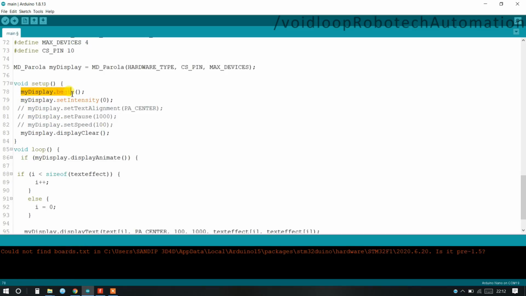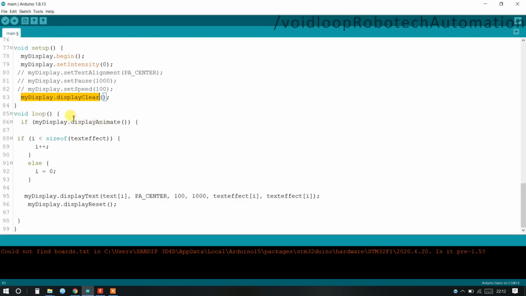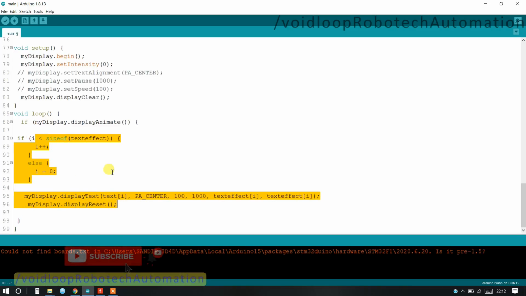I initialized the display here, and I already set the intensity to 0, which means minimum intensity, and here I clear the display. Here you can see I am using an if statement. If display animate is high, then it will execute.